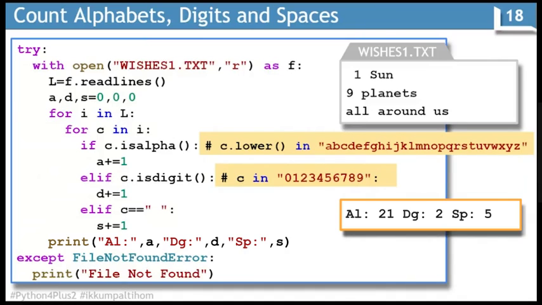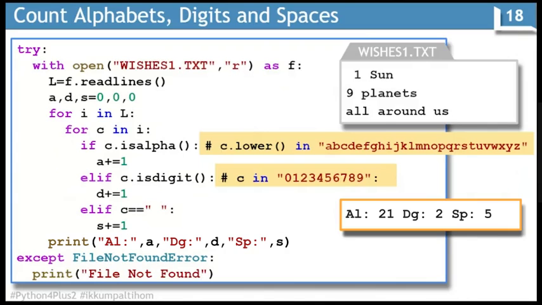In the first one, I have extracted each character separately, and if you have extracted the entire content of the file with the help of f.readlines, you can make use of two loops. The first loop is going to extract strings from the list, and the second loop will extract each character from the string. Once that character is extracted, you can check whether it is alpha or not. This will be a simple logic, and you can also think of writing a complicated logic as c.lower in all 26 alphabets. For checking whether it is a digit or not, you can make use of isDigit method,